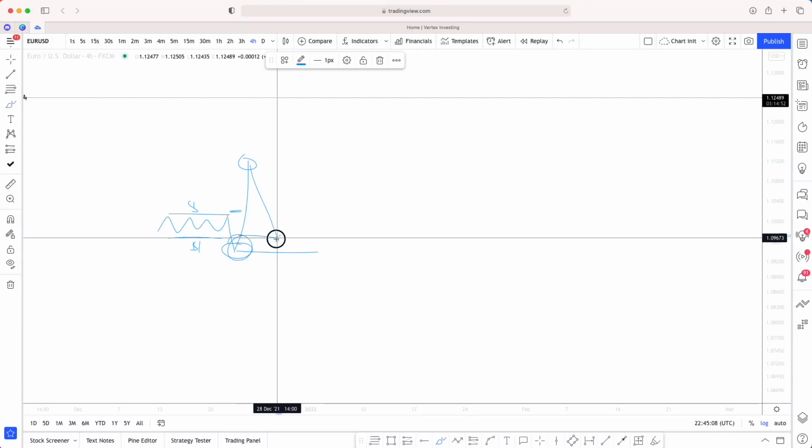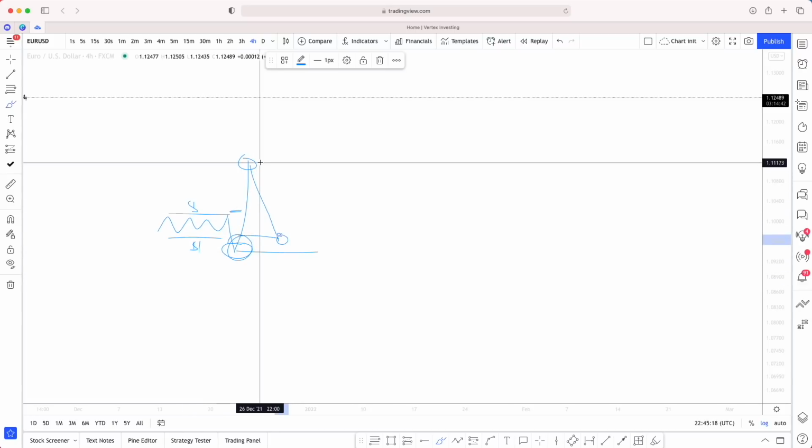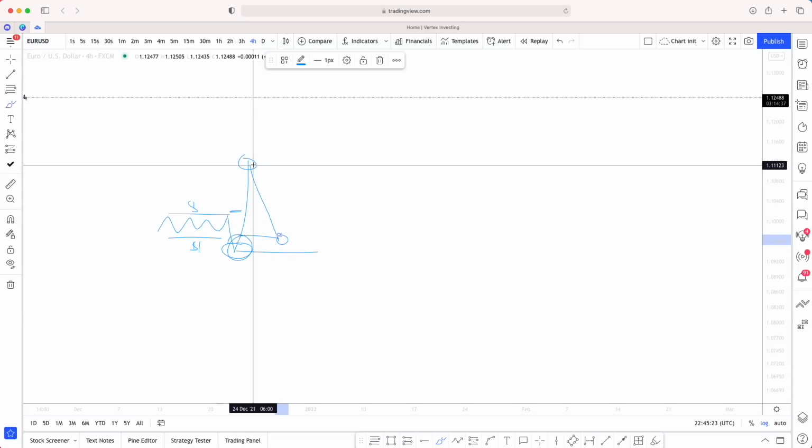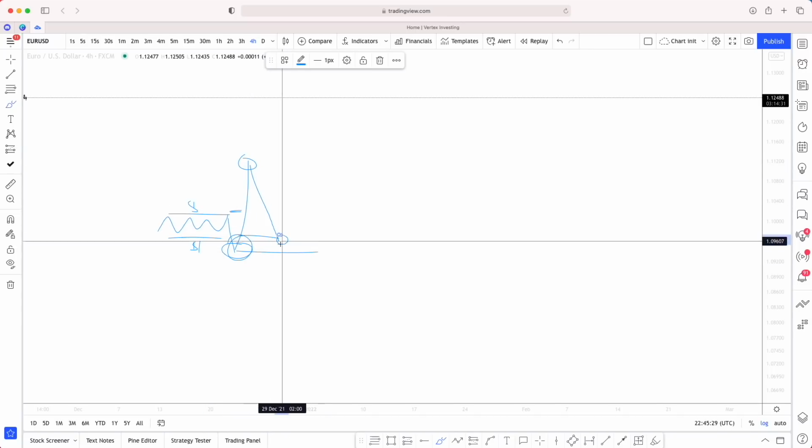Now, you can set an order straight here if you wanted to. However, you need to understand that this is somewhat high probability given the fact that you have that liquidity grab. And I think some people call this a change of character, which I've seen dotted around all over Instagram, to be fair. It's just an impulsive move which breaks structure in the opposite way. That's literally it. So when we have this, you can enter straight off there if you want to. However, for me, it's not high probability enough.